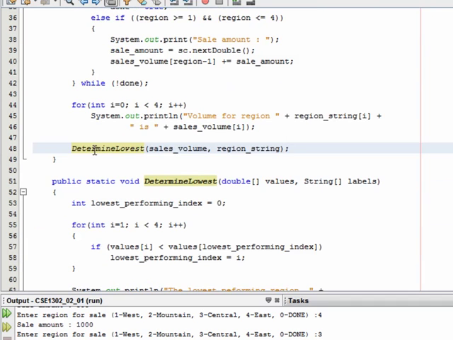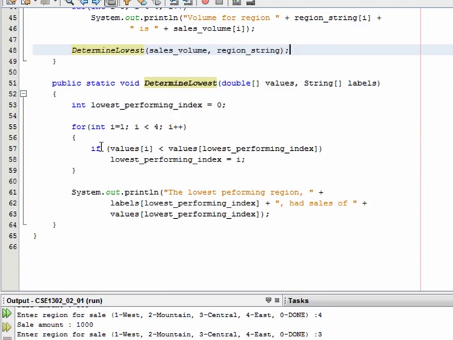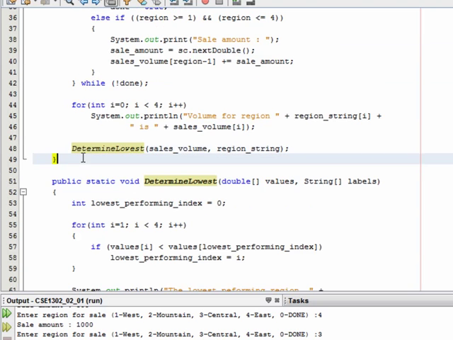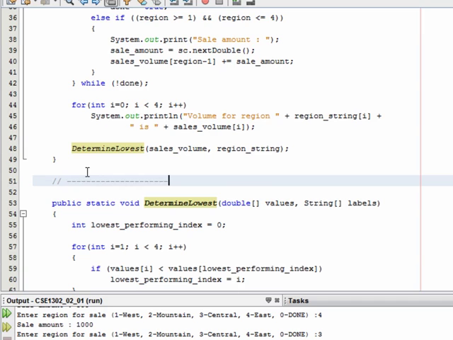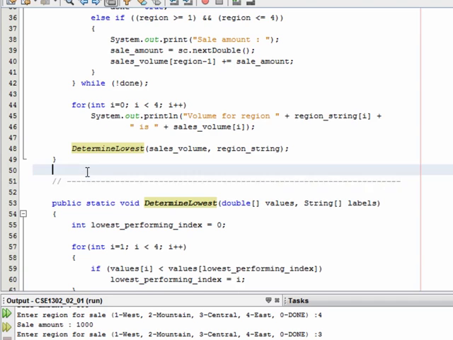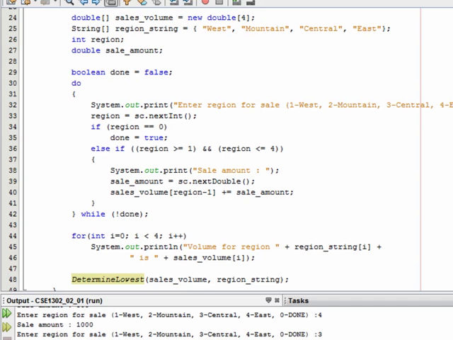Okay, so instead of having that code inside of main, I've now got this determine lowest method that I'm calling right here, and I'm defining it down here. So we're going to create a bit of abstraction, and I'll just put in a comment here that denotes that we've got a separate main from this method. If we run this,